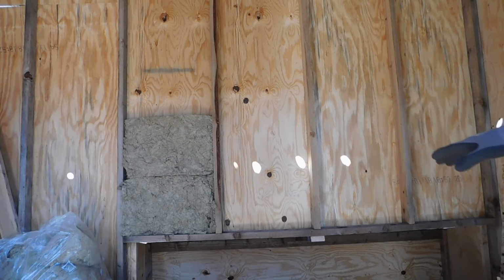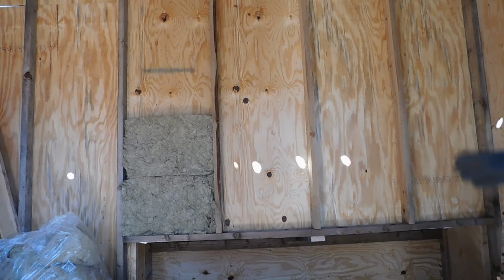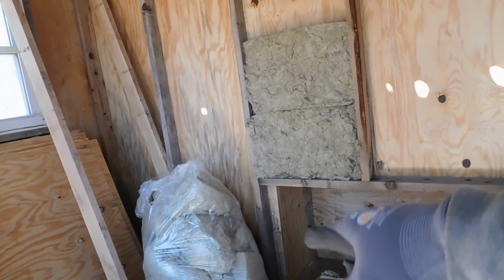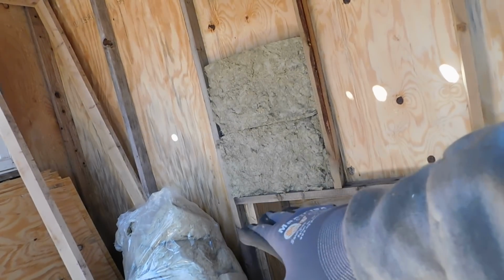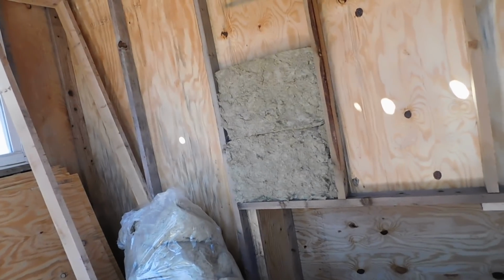So what we're going to focus on here today, well, I'm going to cut some more wood first, but then I'm going to come in here and I'm going to work on this. Now this bag of insulation, my cousin Terry, again, it's rock salt again, because I told him to use that in his place. This is what he had left over from projects that he was working on and asked me if I wanted it, and I'm like, absolutely. So he brought that big bag. I also have some pink insulation as well, but I want to use up all of this that I have here, and you can see I got some there, I got some there. I want to use up all of this first before I